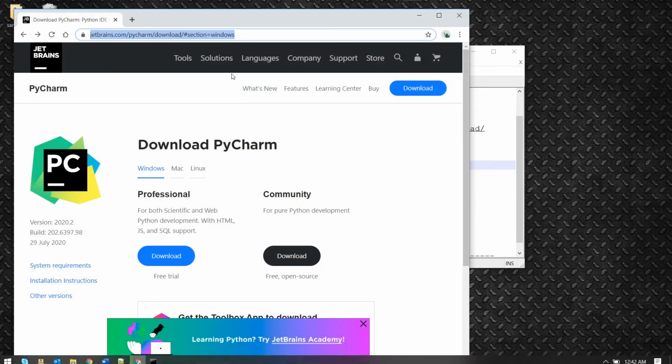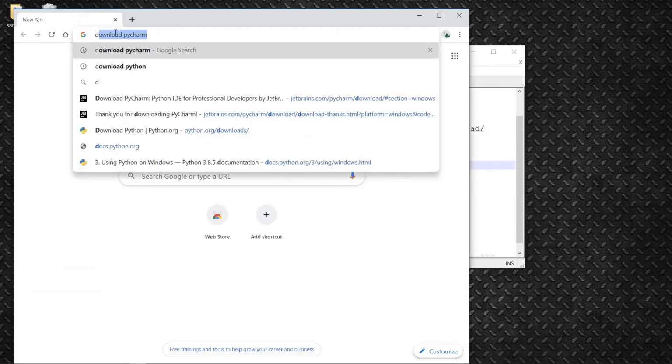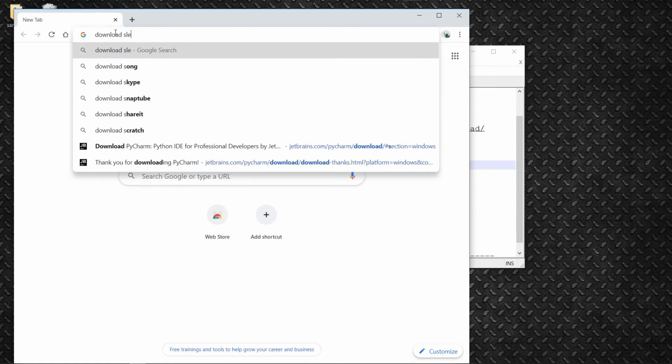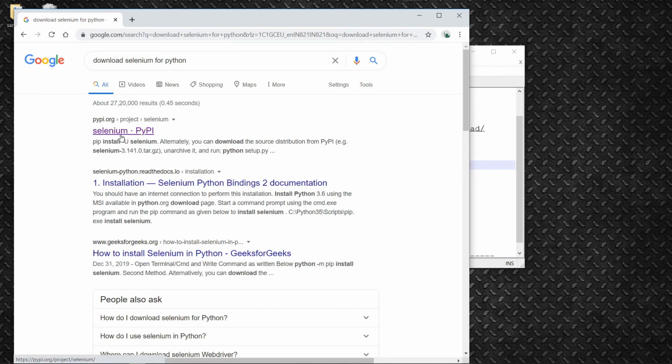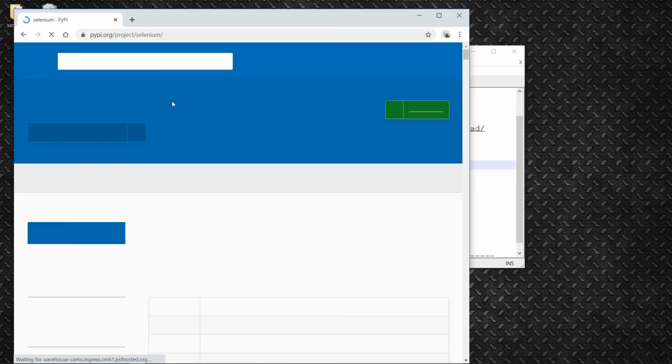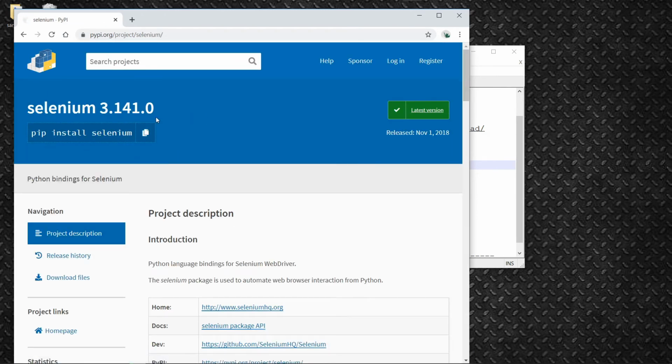So we'll go to our browser again and we'll open download Selenium for Python. So this is where it will take us. You can see it's saying you have to write this command.